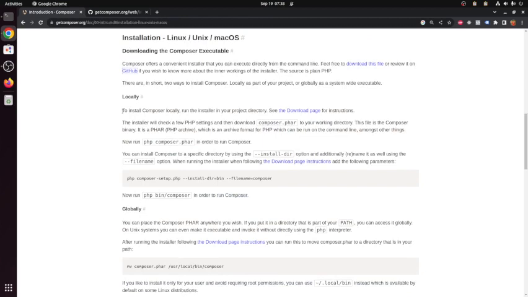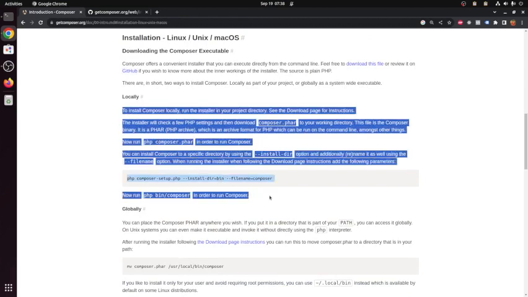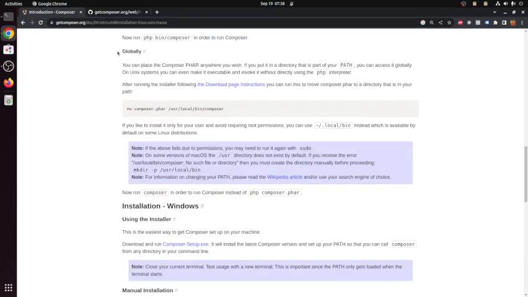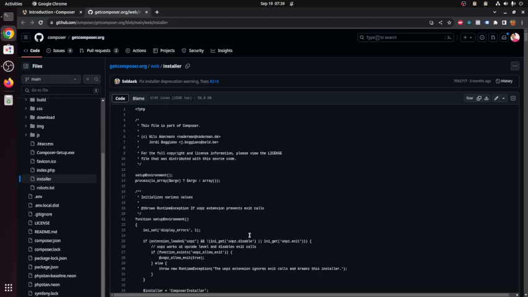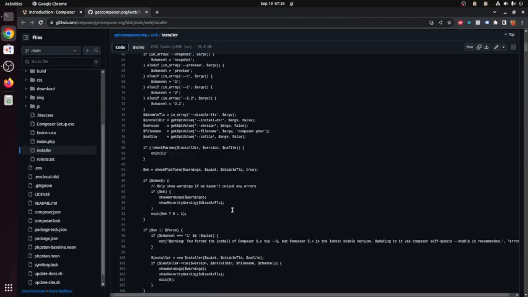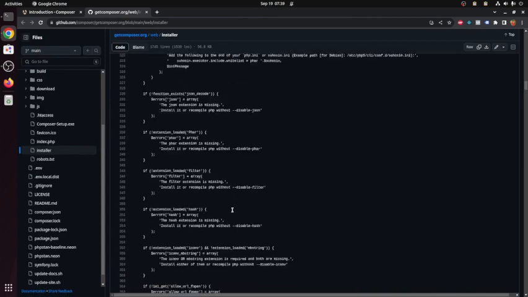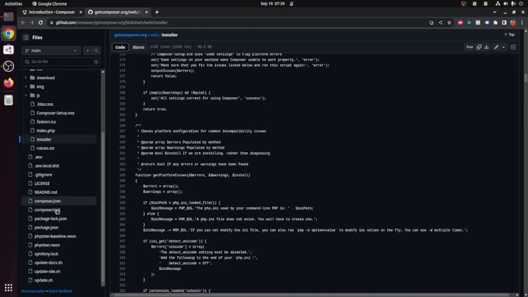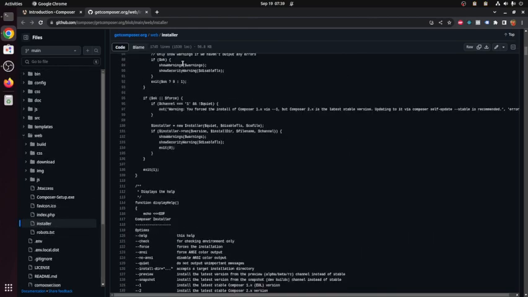Local means it's installed in a specific application, and once it's implemented in that particular application, Composer is not going to be available in other directories. The other one is you can install Composer globally, which makes sense today because we won't have to install it manually all the time. You can simply run Composer in every directory on the system. So it is basically PHP stuff that you want